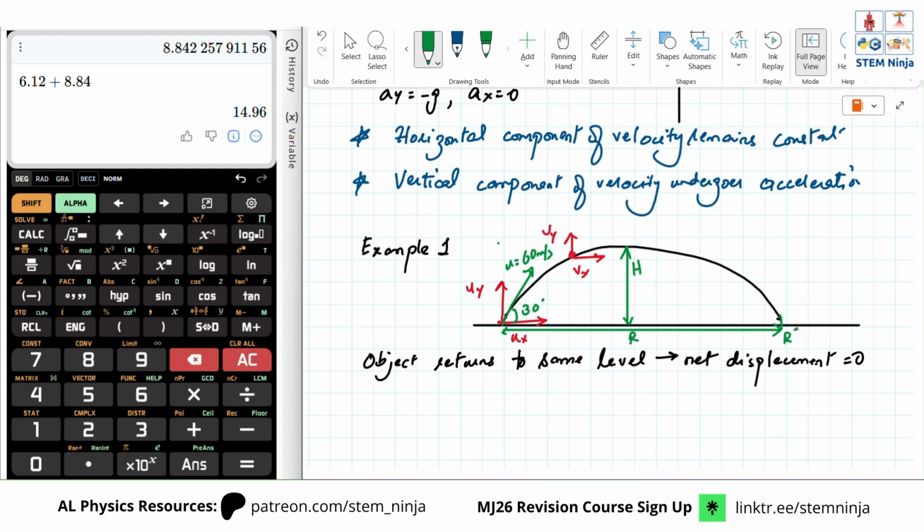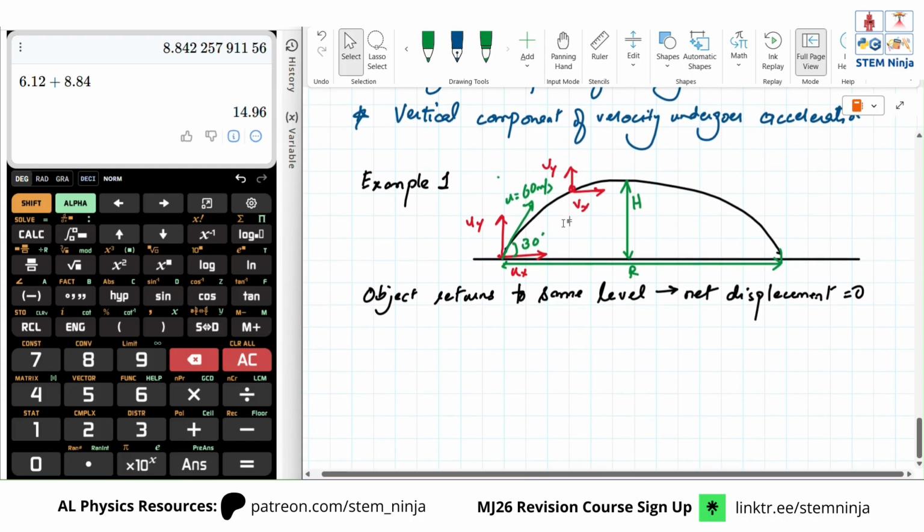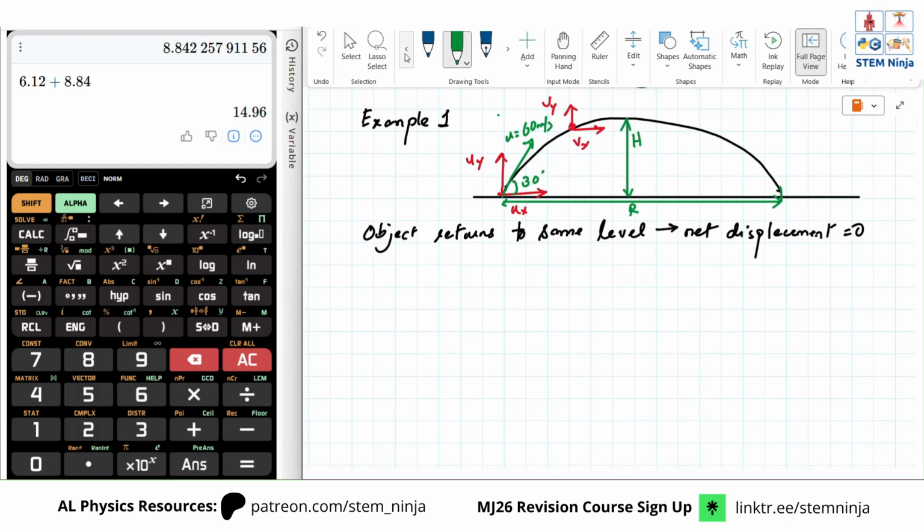This is your R range. So let's find these out first. And yes, the total time of flight also. You can find out the time for this part also, just like we did last time. So one by one. For maximum height in this, the time to achieve the maximum height, we just need vertical motion. So using vertical motion or vertical component of motion, we have Vy equals Uy minus Gt